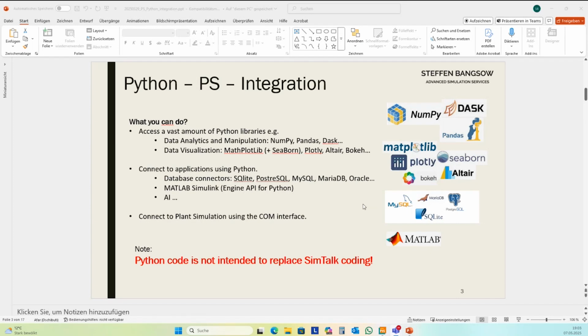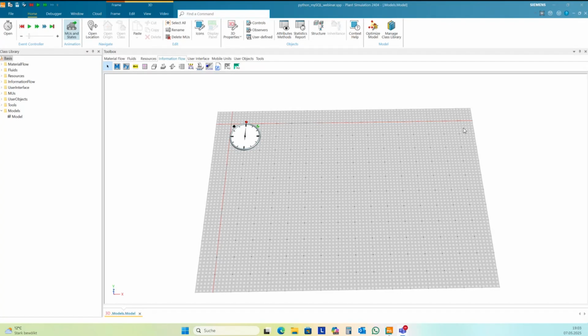And I know it's a little bit hard to follow because you need first one installation for MySQL. But I want to start with one really simple example model. In this webinar, I want to import data for the simulation from an external MySQL database server. It's quite a standard situation.